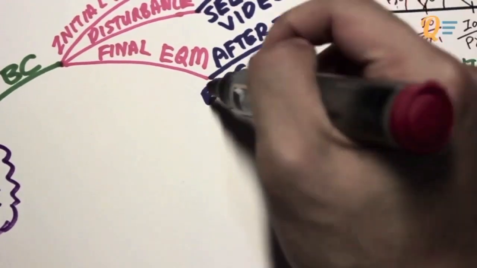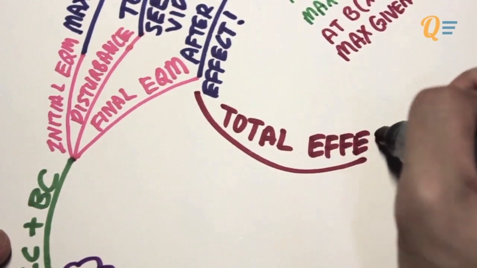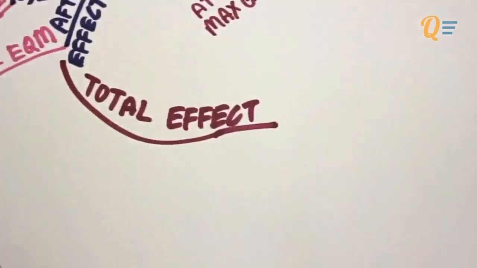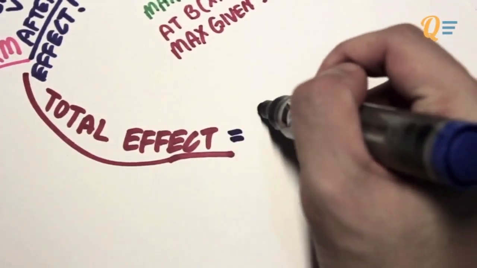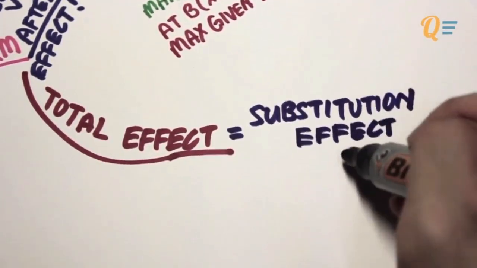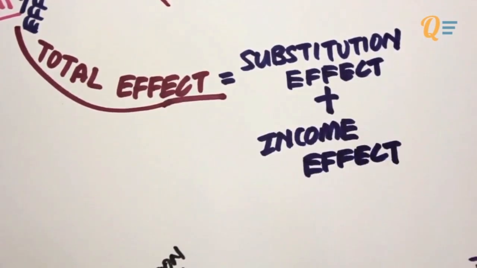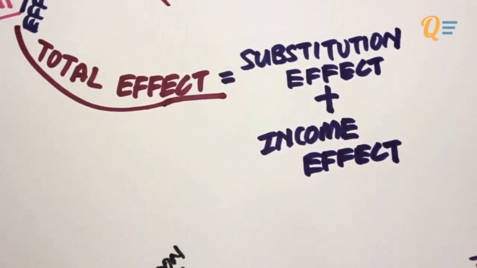So now I just want to talk about what this total effect is about. The total effect is basically how we got from the initial to the final equilibrium. And this is made up of two types of effects. The first one is the substitution effect, and the other one is the income effect. So you need both of these effects to create the total effect, which brings the consumer from the initial equilibrium